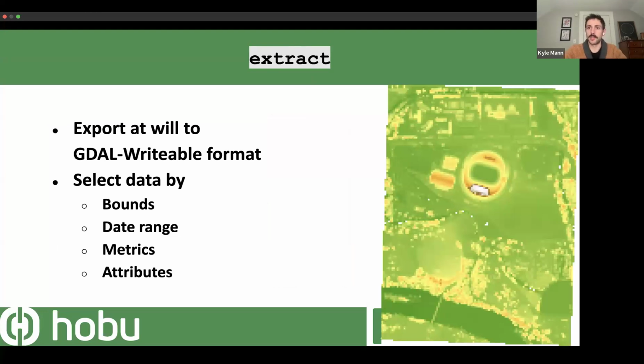Extract is how we actually get our information out. So this is the main point where we see users actually interacting with SilviMetric data. Shatter is the part where somebody might be producing our data. Extract is the way in which somebody might actually be using our data. And so we've written our 27 metrics, and now somebody needs to use the 95th percentile. So somebody should be able to extract data by bounds, by date range, by metrics, or by attributes, and produce